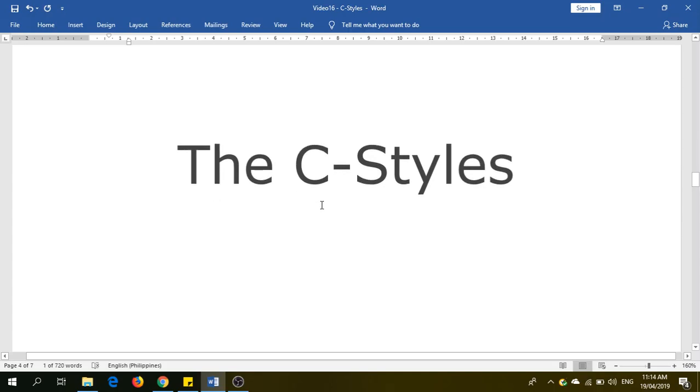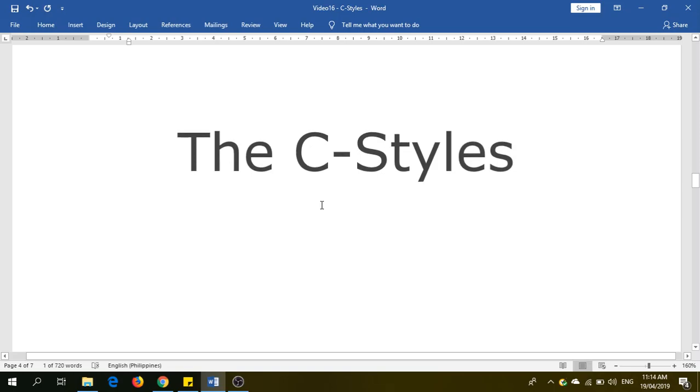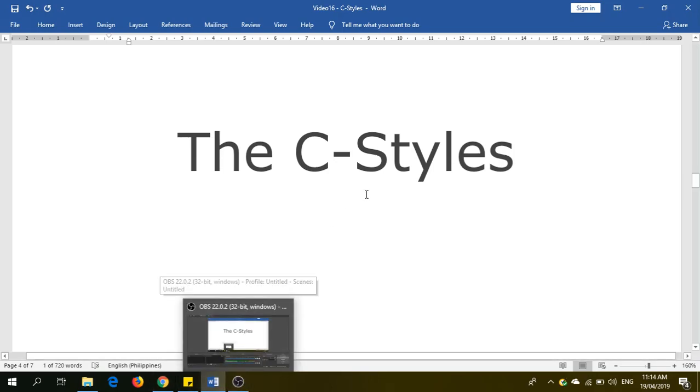Again, the C styles are not new argumentative structures. All the base argumentative structures have already been laid out with the A1, A2, B1, B2, B3 styles. So they are the five fundamental argumentative approaches to use for IELTS Task 2 writing. And the C style is really just a variant of all the previous five argumentative structures that I've been talking about.